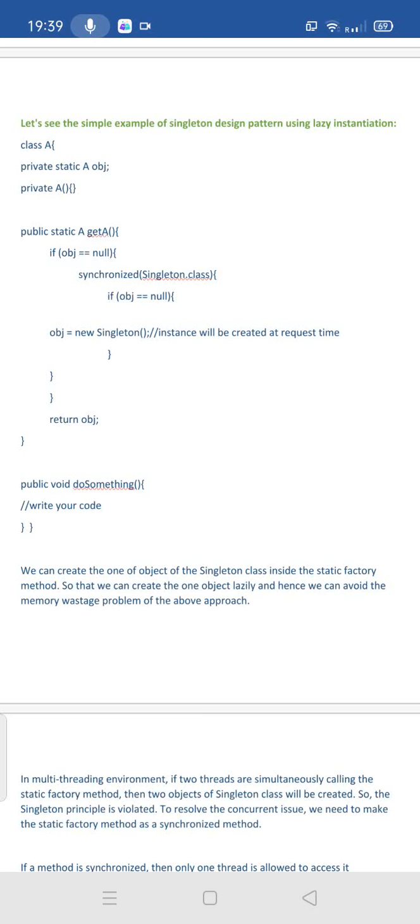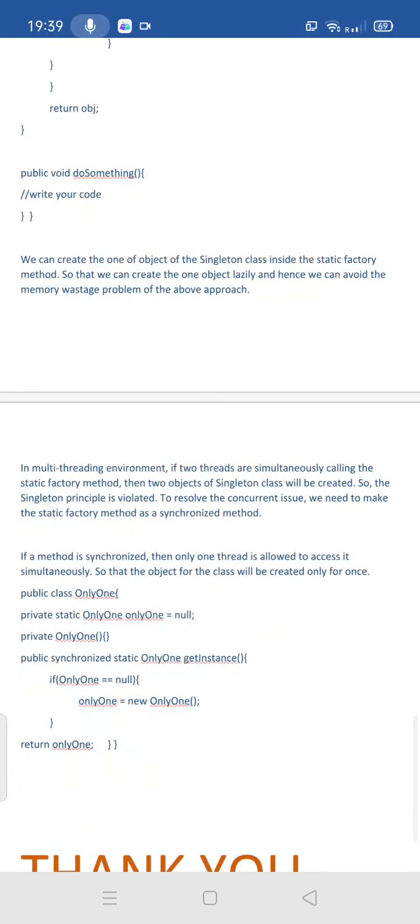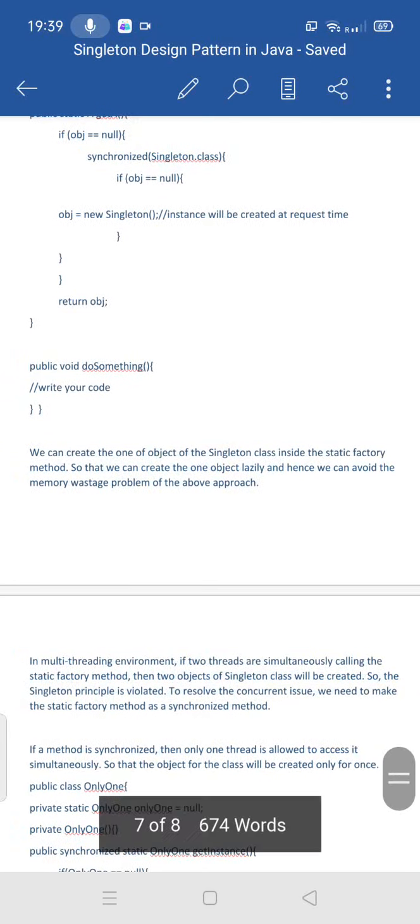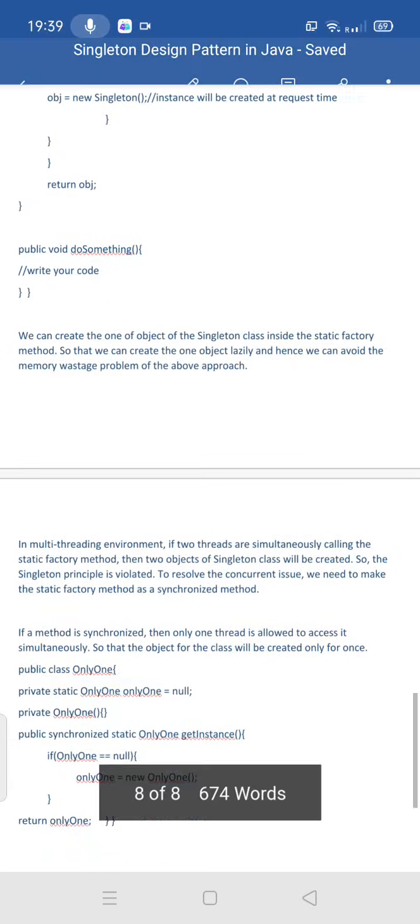This is the way of making the class singleton in lazy form, I mean lazy instantiation form. We can create the one object of the singleton class inside the static factory method so that we can create the object lazily, and hence we can avoid the memory wastage problem of the above approach. Above approach means early instantiation, correct.